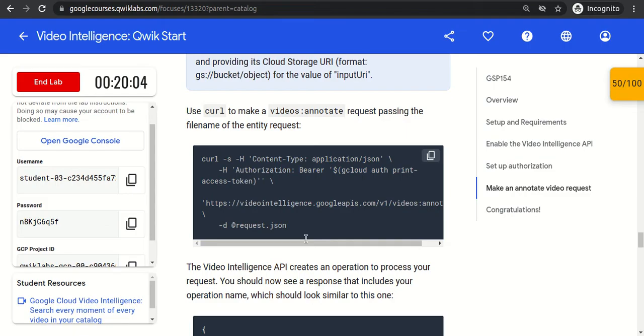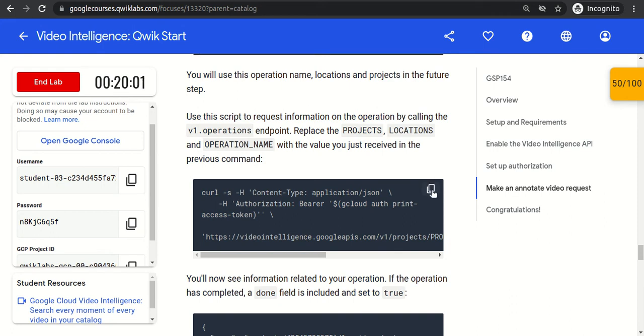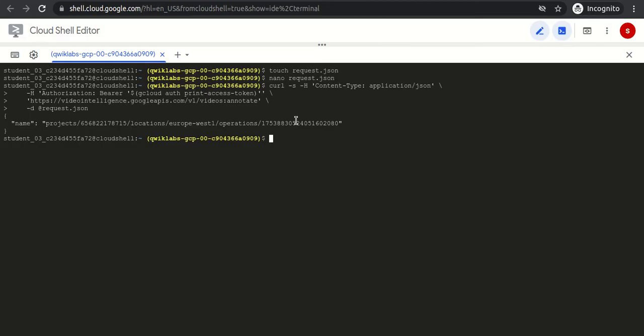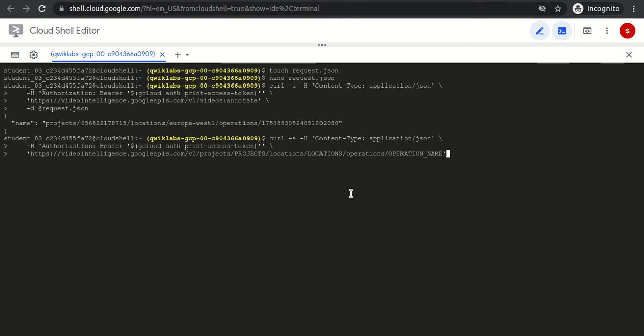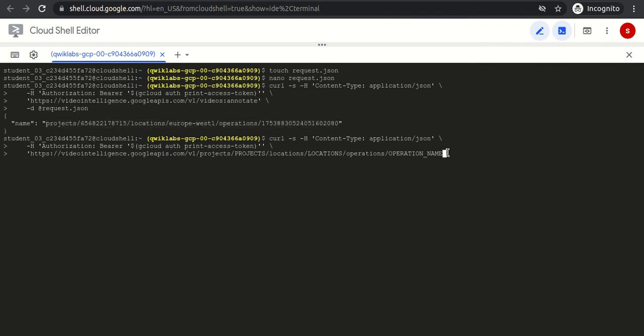Since it creates an operation request, now we will issue the REST API call again, but now after v1, instead of videos annotate, we will pass this operation parameter. Just copy this operation parameter produced by the above command.